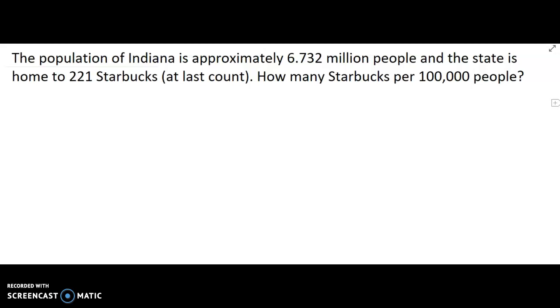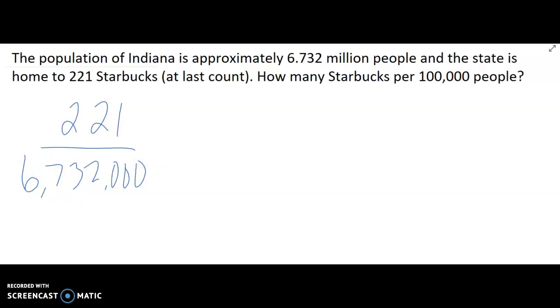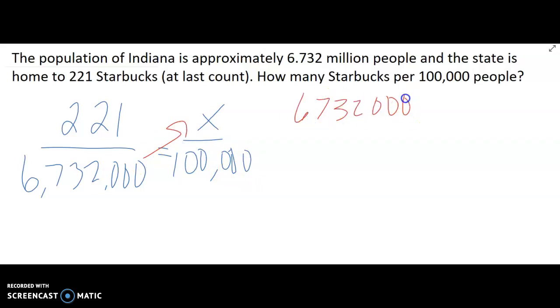That's what I can think about, right? I can visualize a big football stadium, and how many Starbucks would that feed? Okay, so let's look at this. So if I'm talking about Starbucks, there's 221 Starbucks compared to 6,732,000. Okay, so that's 6.732 million people. So how many Starbucks for 100,000? Okay, so now again we cross multiply. So 6,732,000x equals 100,000 times 221 is